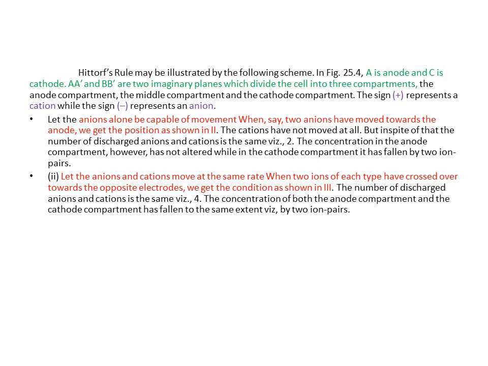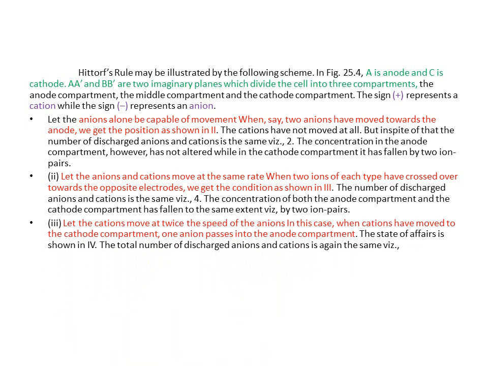Here the number of discharged cations and anions, as we consider 2 ion pairs, is therefore equal to 4 cations and 4 anions. As far as concentration is concerned, the concentration in both compartments, that is the anodic compartment and the cathodic compartment, is the same. That is, the fall of concentration of cations and anions is by 2 ion pairs.